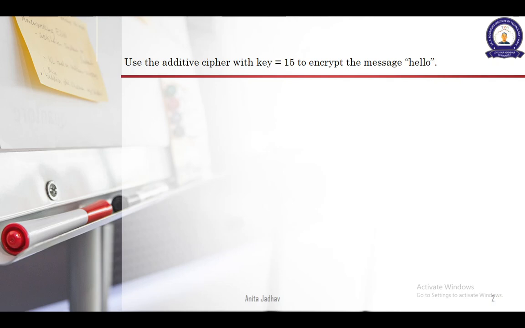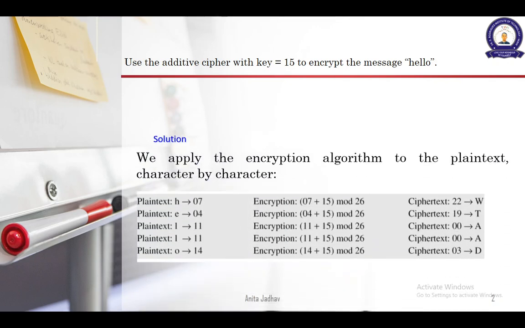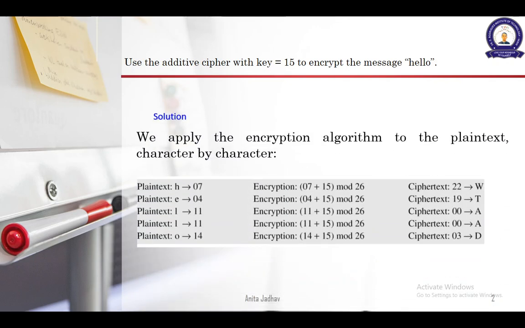So the first thing you do is, for hello you will write down these numbers, and then you will write the encryption formula. See the way the problem has been solved. You might immediately find the solution, but you should also know the way in which it should be written. So H is equal to 07, E is equal to 04, L is equal to 11, L is equal to 11, and O is 14. So the plain text values have been written first. Then you write the encryption formula.